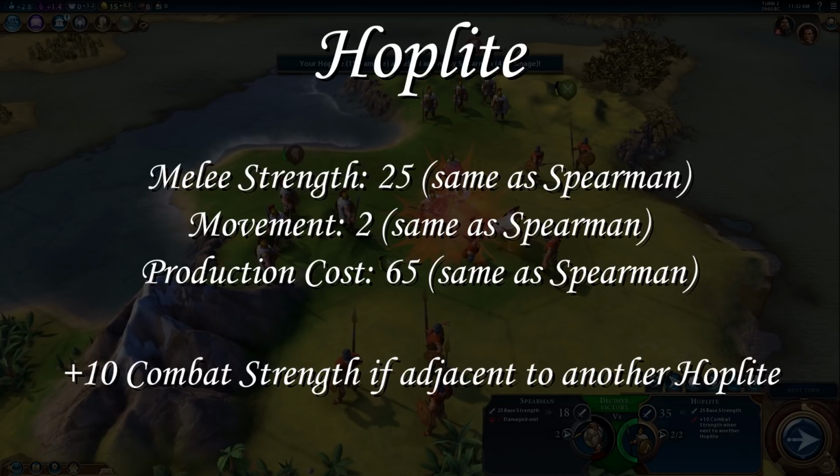Having plus 10 combat strength over spearmen or warriors or something of the sort is quite a significant boost, so that is very nice. I don't find them to be as useful on Pericles, though, just because of his general playstyle. I don't really find myself warring too much with Pericles, because unlike with Gorgo, where I would maybe go and take over a neighboring city-state or try to war my nearest neighbor, I really wouldn't try for that with